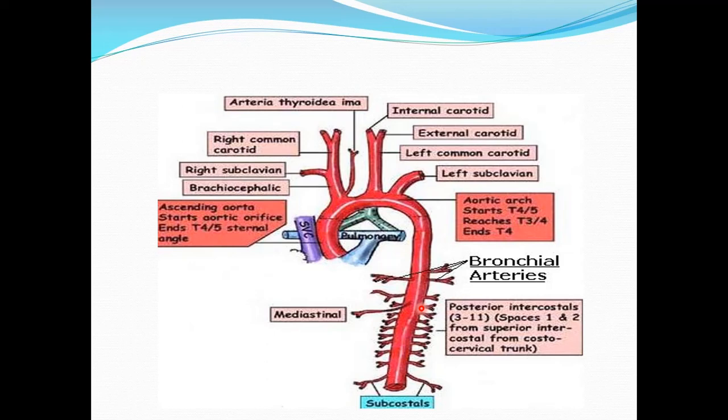So, although the bronchial veins carry the deoxygenated blood, it is drained into the pulmonary veins and to the left side of the heart instead of to the right side of the heart. Now this blood in the bronchial veins constitutes the physiological shunt, that is the mixing of the deoxygenated blood with the oxygenated blood in the pulmonary veins. The normal physiological shunt is about 2%, which is equal to the amount of blood flowing through the bronchial circulation.